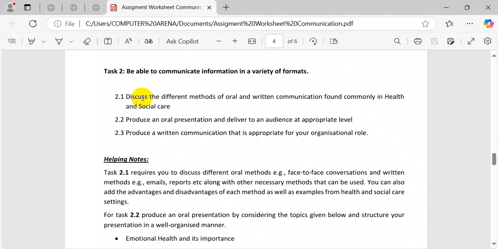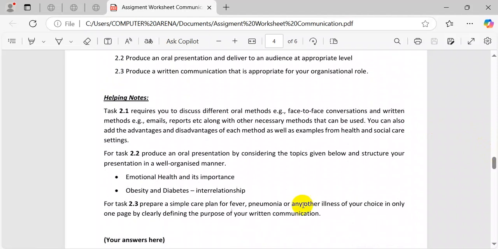Now, for the assessment criteria 2.2, where you have to produce an oral presentation, 2 topics are provided to you. One is emotional health and its importance. The second one is obesity and diabetes. Now you can choose any of the topic for making the presentation. First of all, you have to prepare a PPT, then you have to present that PPT as well. And while submitting your assignment, you have to upload your PowerPoint presentation and your oral presentation as well in the